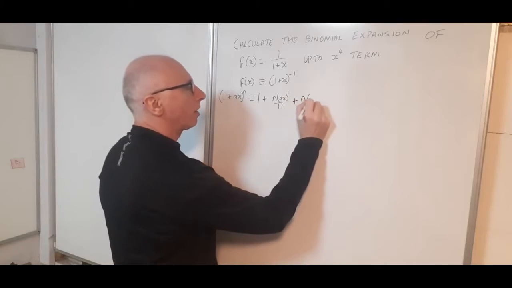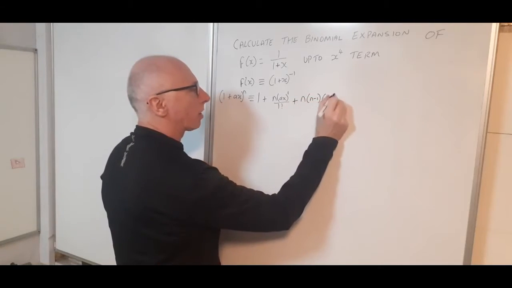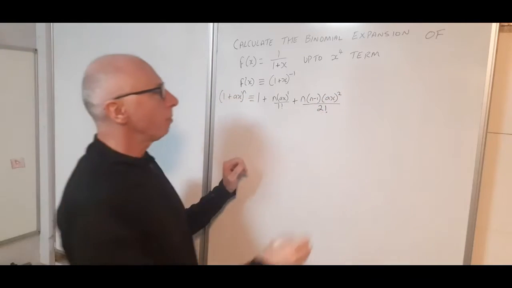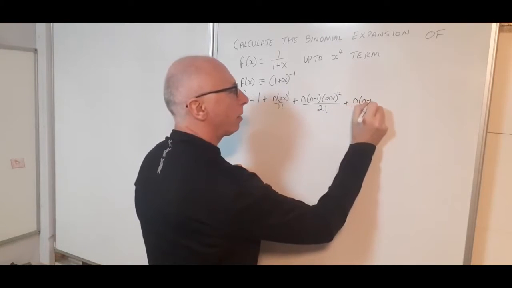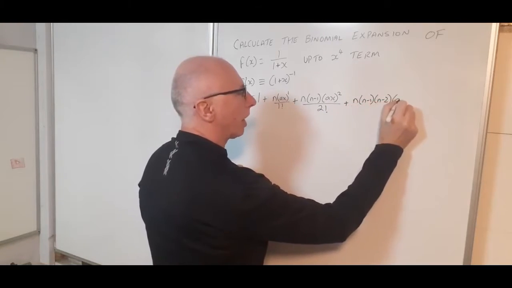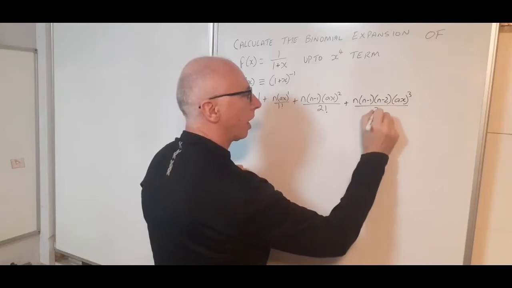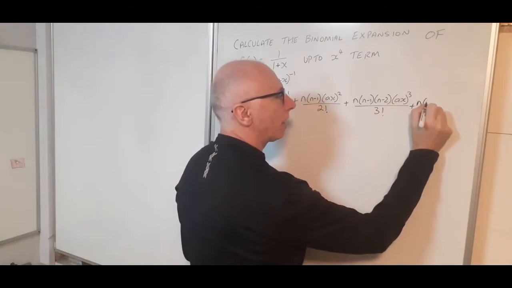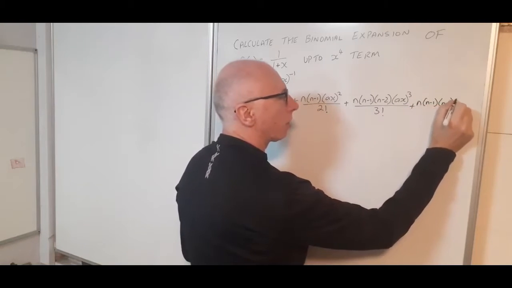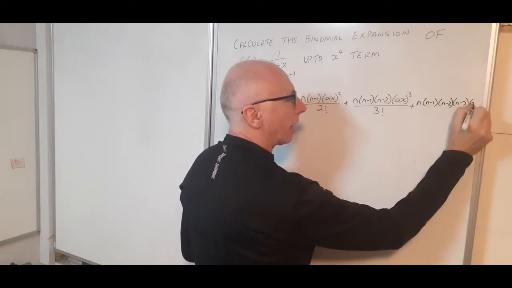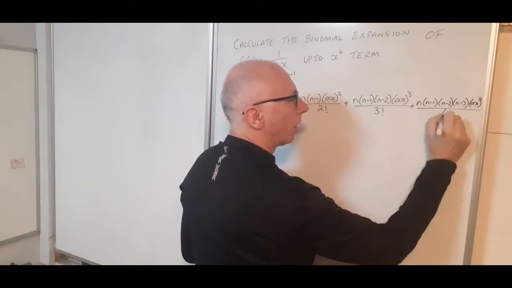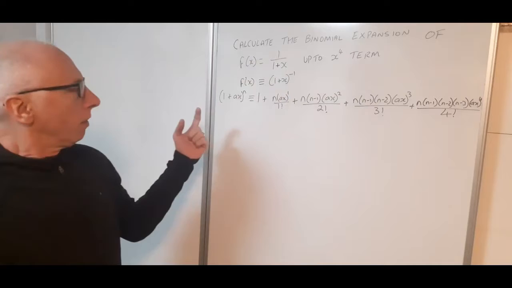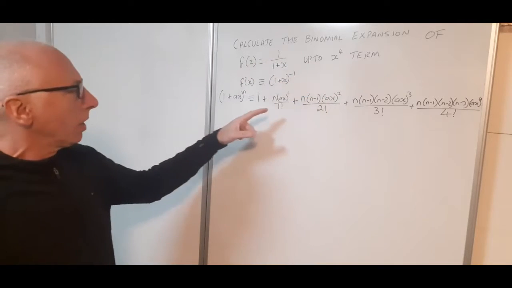And then I've got n times (n minus 1) ax squared over 2 factorial. That's the second term. Third term, n(n minus 1)(n minus 2) ax cubed, and because it's cubed, it's 3 factorial. And the final one is n(n minus 1)(n minus 2)(n minus 3) ax to the 4 over 4 factorial. So that's our building blocks for our binomial expansion formula, and now we need to work out what our n